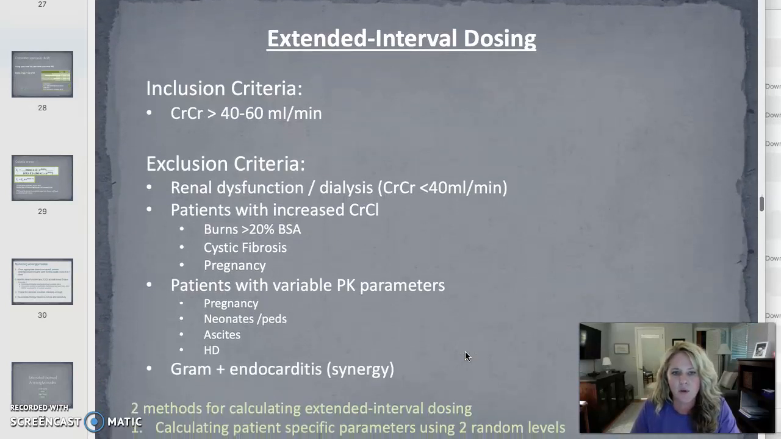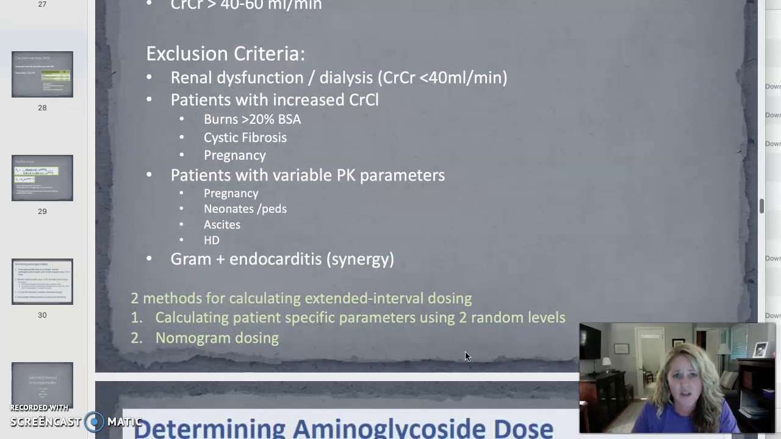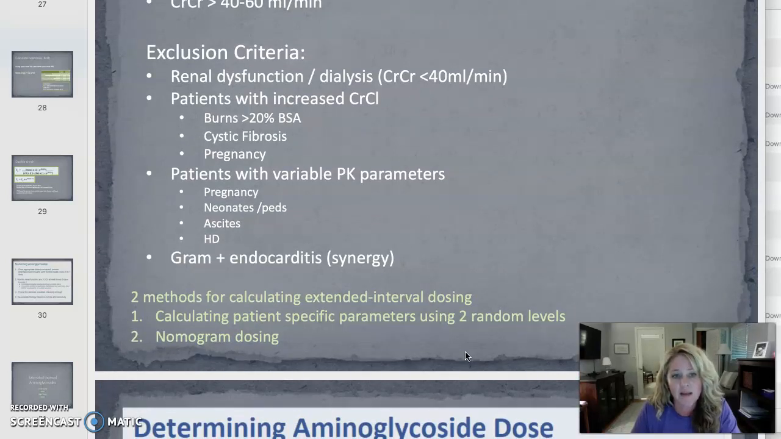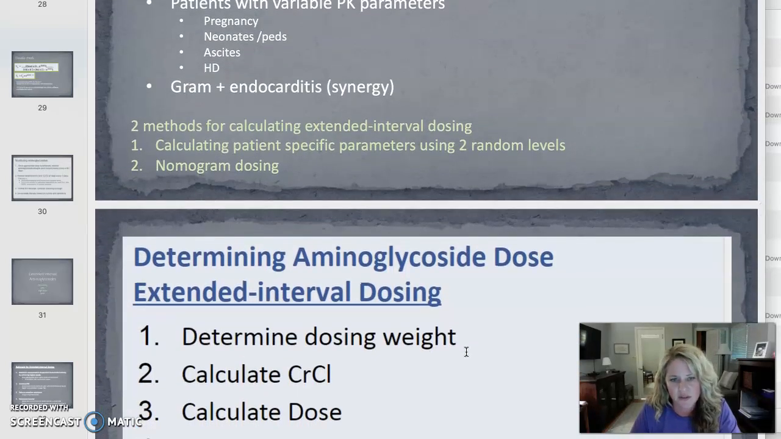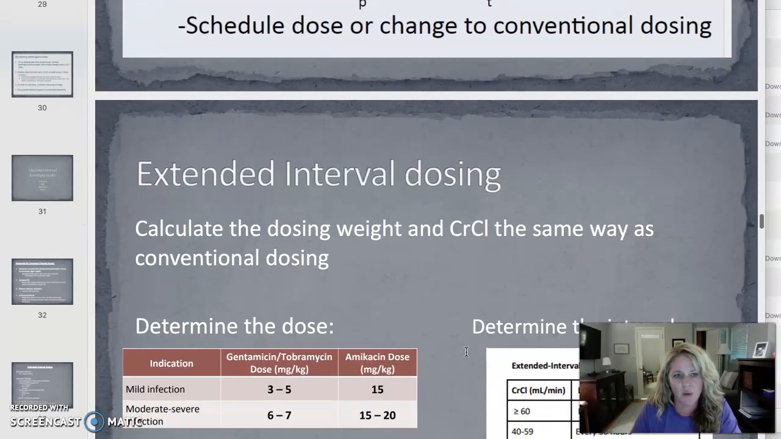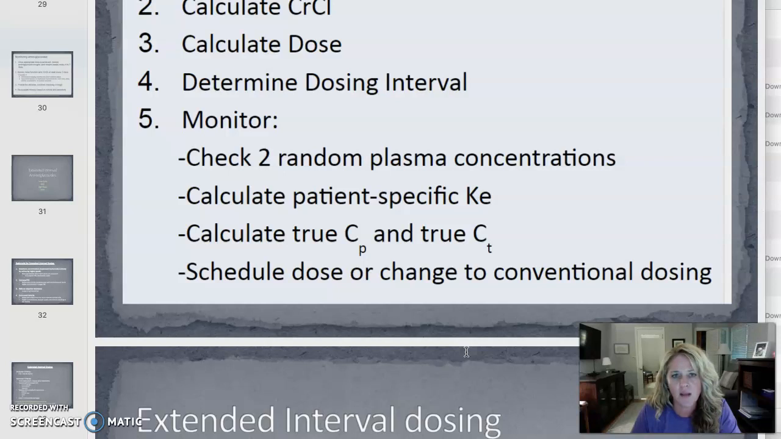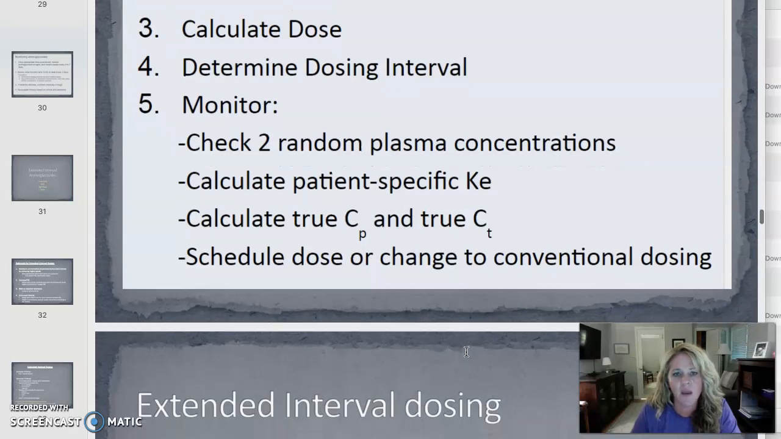Okay, so in order to use extended interval, we need good kidneys, which means a creatinine clearance between 40 and 60. Exclusions would be bad kidneys, burn patients, cystic fibrosis, if they're pregnant, if there's anything that's going to change pharmacokinetic parameters, or if we're using it for synergy. So we follow the same steps we used before, okay, until we get down to where we're checking levels. So we're going to calculate the dosing weight, the creatinine clearance, the dose, and the dosing interval. And then we're going to check 2 random plasma concentrations to calculate that patient-specific KE,